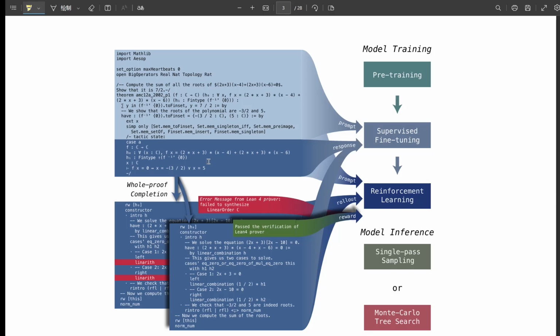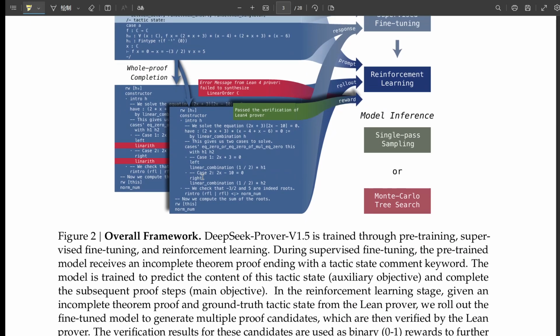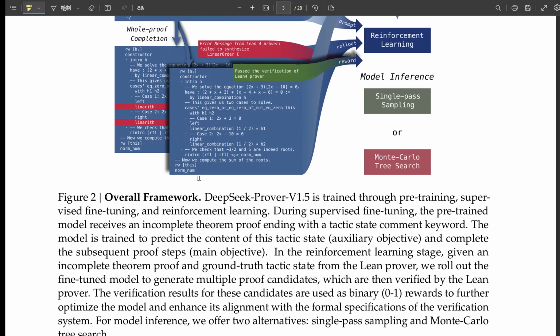prover accepts. Exactly. And it's worth noting that this feedback is binary. The proof is either correct or incorrect. There's no partial credit. That seems like it would make learning challenging. It definitely presents unique challenges, but DeepSeek-Prover-V 1.5 has some innovative techniques to address this problem, which we'll get into later. But for now, let's focus on how it bridges the gap between human-like reasoning and the rigid logic of